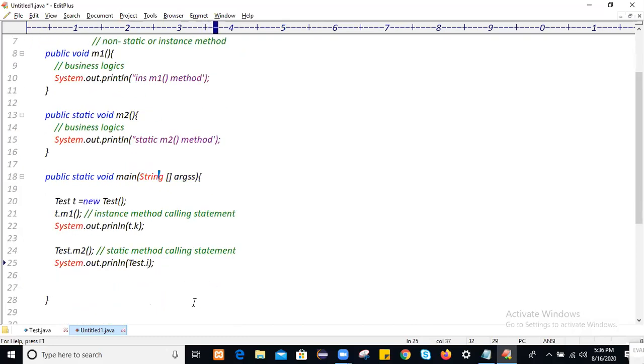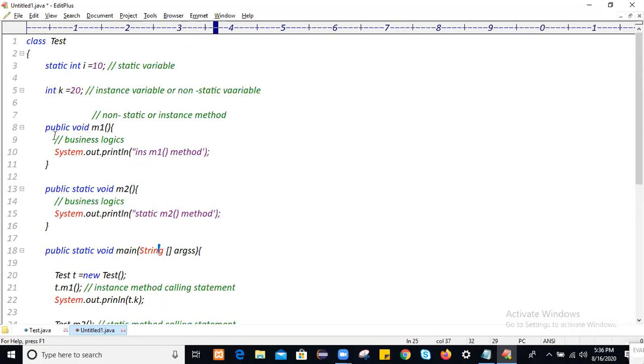Okay. Observe carefully. All the static members of the class will get loaded into which memory? The common memory of the class. This is the common memory of the class, suppose. And all the instance members of the class will get loaded into object memory. So whenever you create an object, how to create an object? We create an object by using the new keyword followed by the class name. This is the object creation statement.